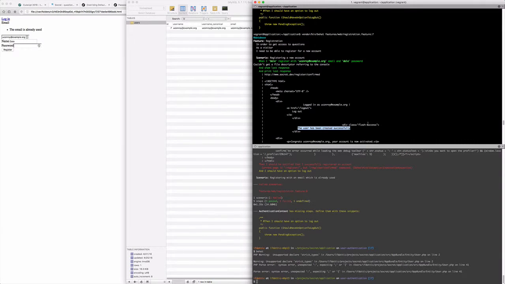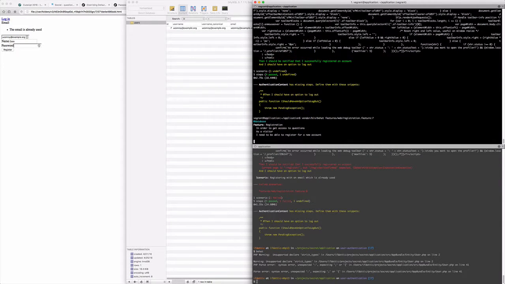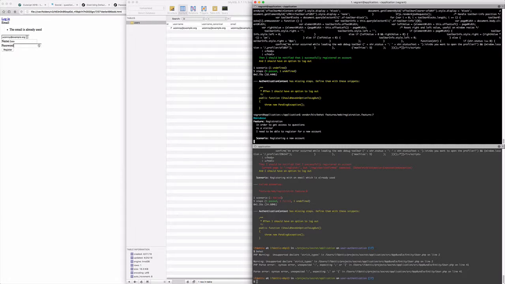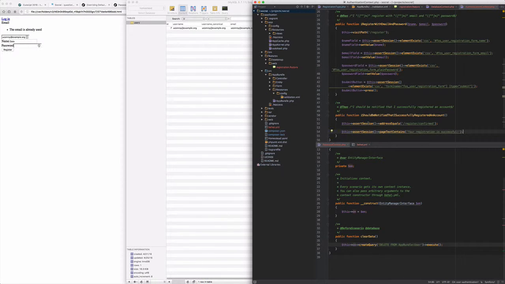If I run it again, it should fail. So the message is different. The message was not found on the page. So to fix that, we need